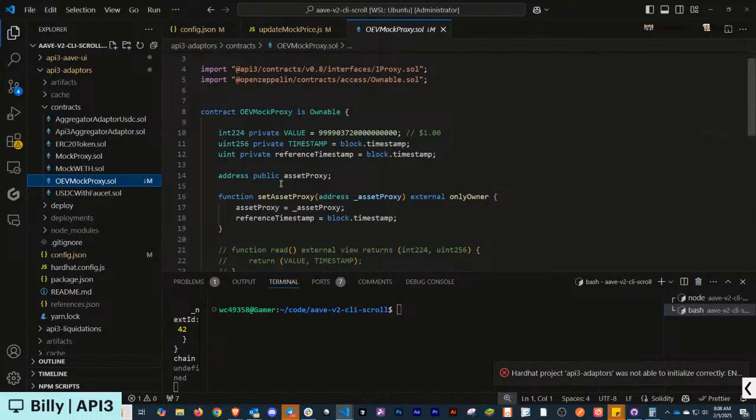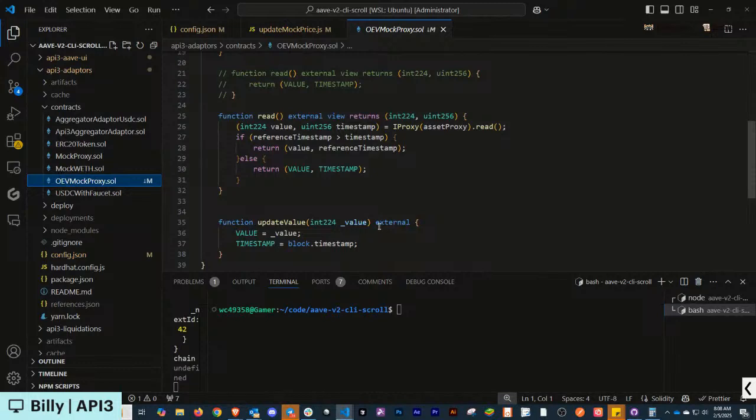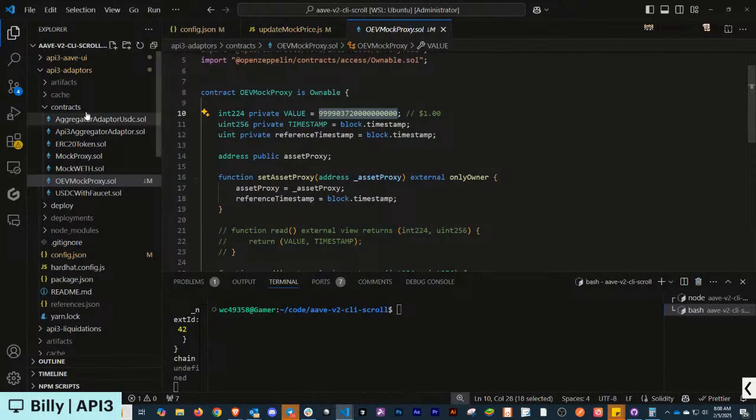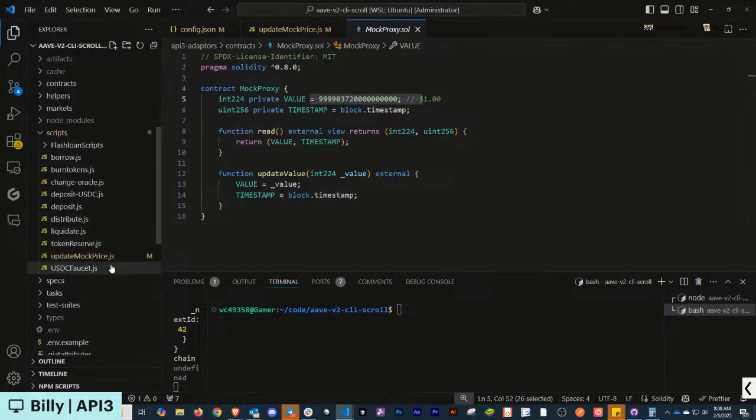I'm like, how can I do OEV in their main network, but then change the price to do a liquidation, even though the price is not real? So I do something with block timestamp on here. When the oracle gets updated on the mainnet, the value timestamp gets updated, but I use the fake value on here in order to do the liquidation on the price. We'll cover that a little bit more on the OEV integrations, but just know that I'm using a fake oracle and updating it to make sure that I get the price that I need. So then we can run the liquidation. I'm not just pulling an oracle from API3 and controlling it. It's impossible. We can't do that. So that is what I have for this script that has update mock price.